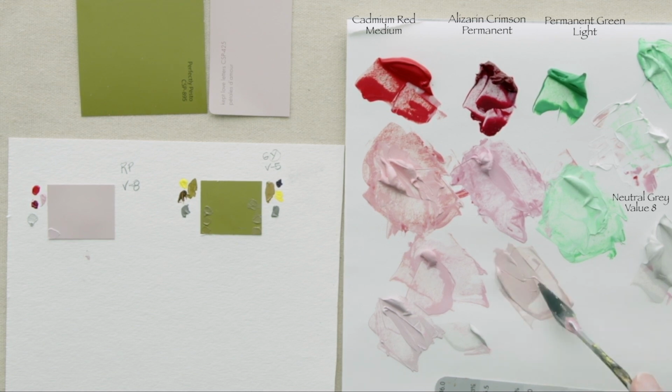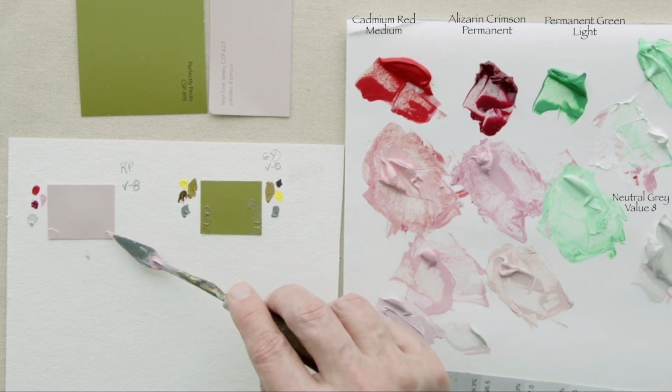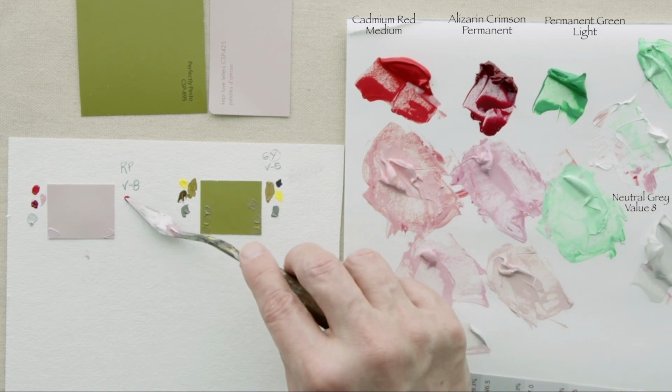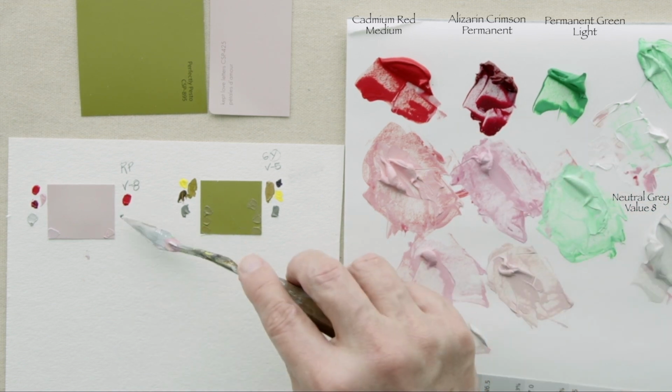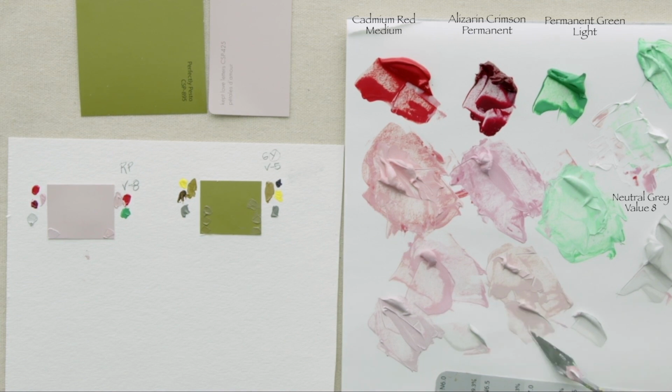Now I've taken cad red medium and the very blue-green of the permanent green light. And what you'll see is it's still chromatic, and I think I'm going to have to add some gray. But we're going to start with putting our colors in so that we can see what the mixture looks like together, the two of them. Enough paint there. I really felt like it still couldn't lower the chroma, and if I added more green, it was just going to change the color, not change the chroma in a way that I needed it to. So by bringing in that neutral gray value 8,